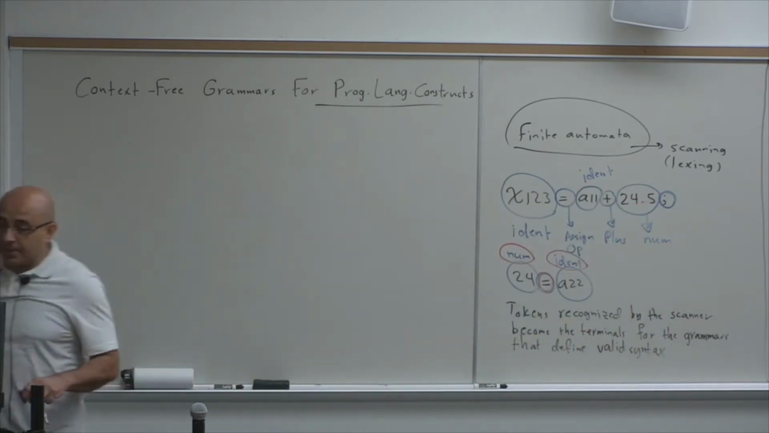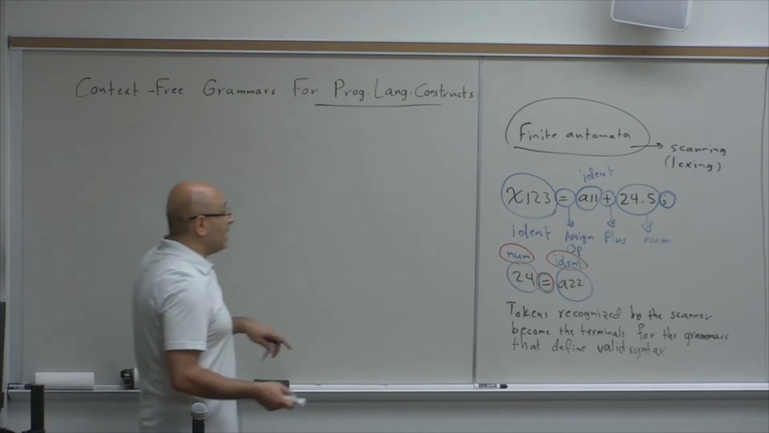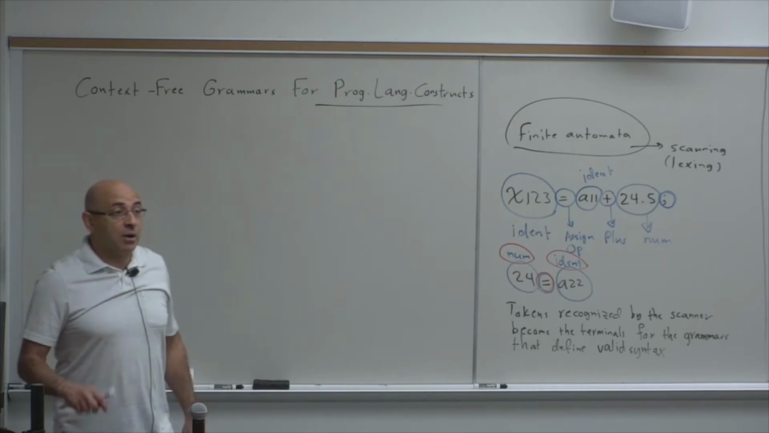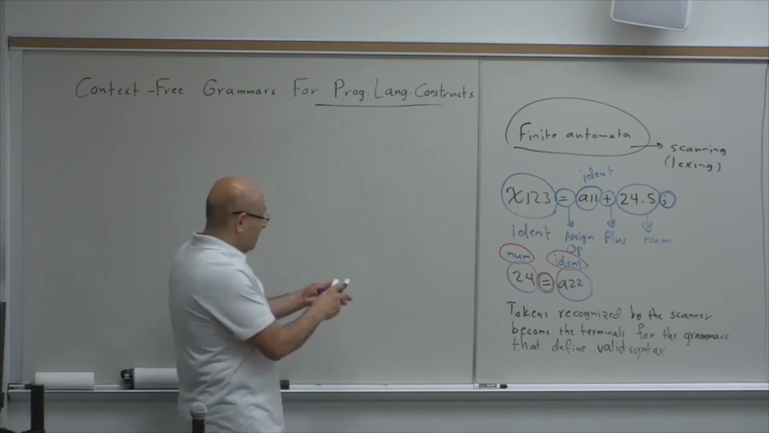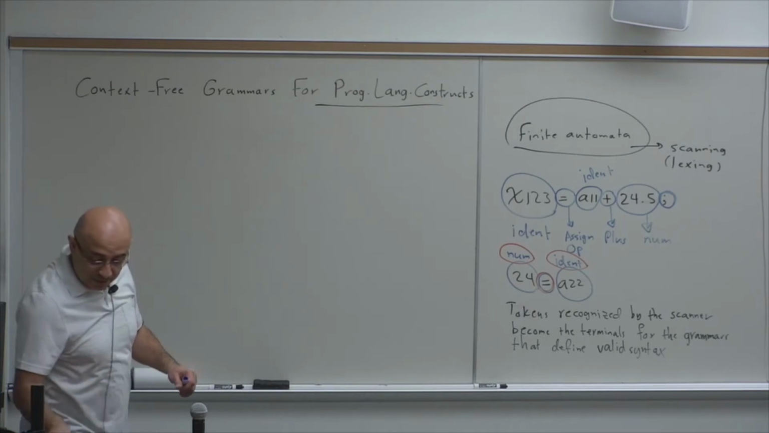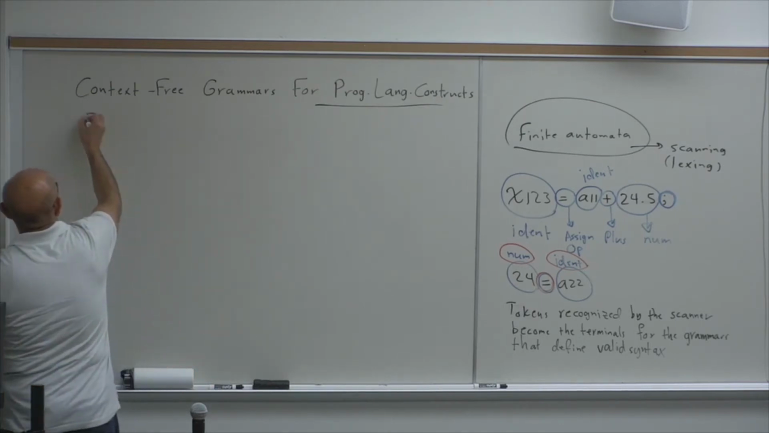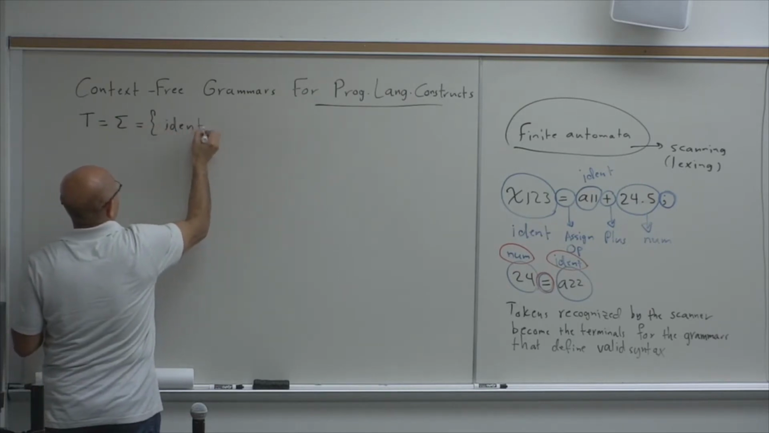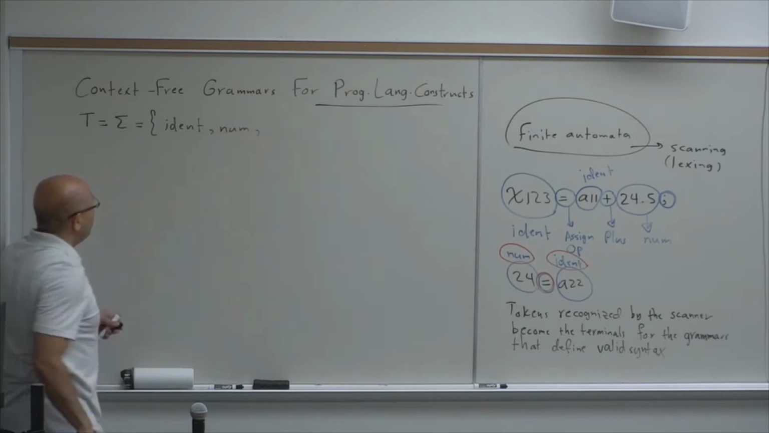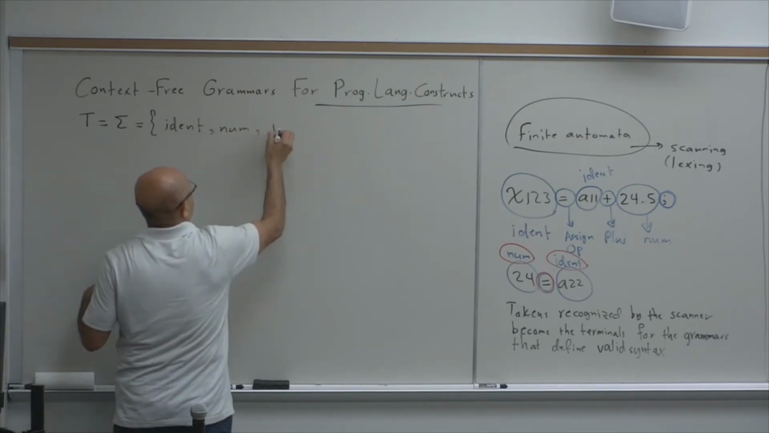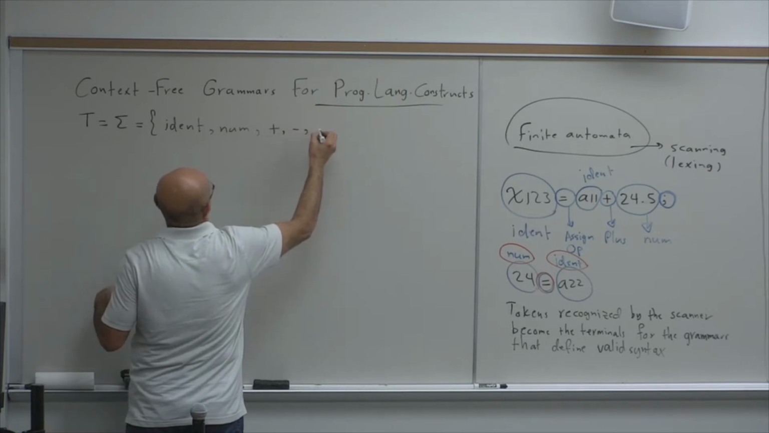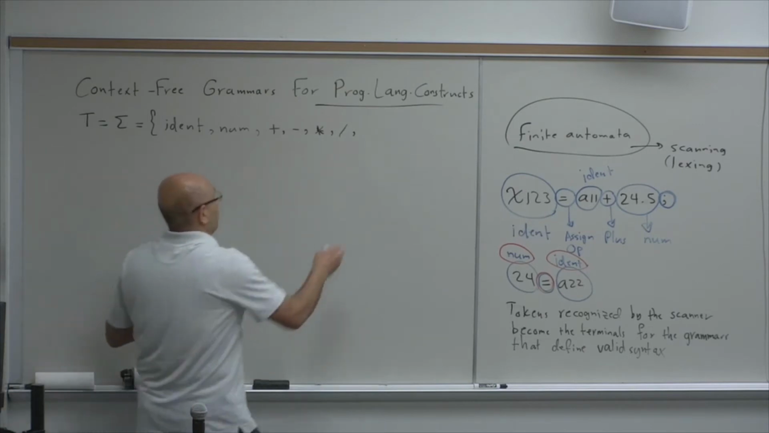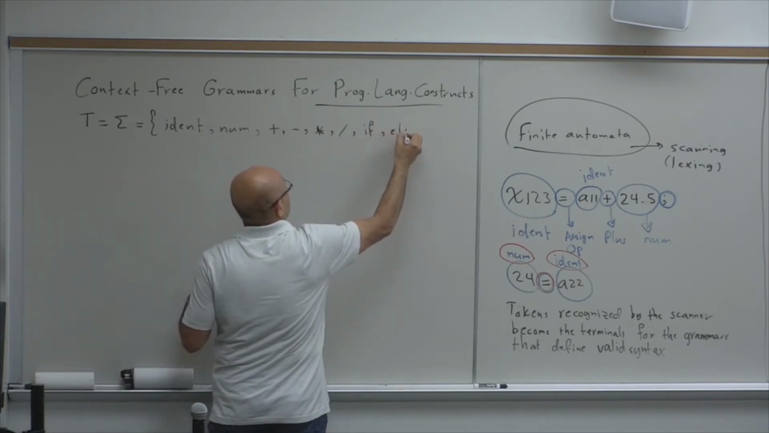Okay, so they become the terminals, or, if you will, the symbols of the alphabet. So our alphabet at this level is going to be this. You can call it T, or you can call it sigma. It's going to consist of identifiers, numbers, and then plus, minus, multiply, divide, and you also have the keywords like if, else,